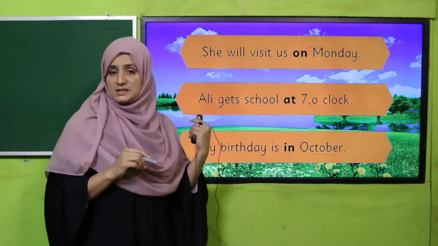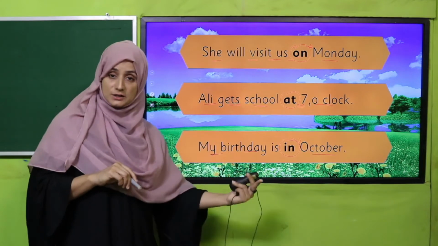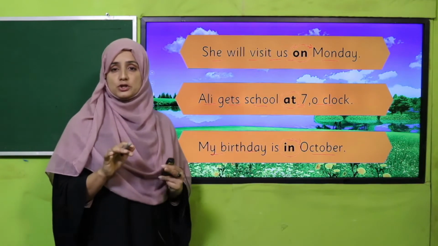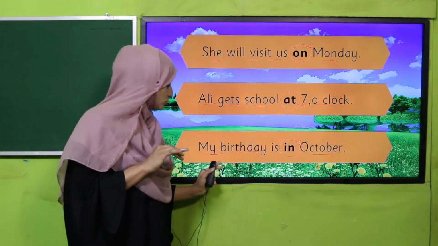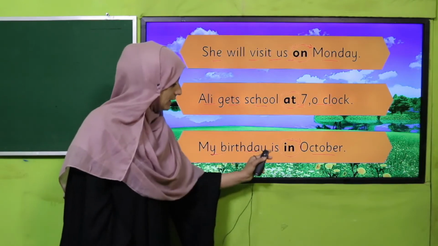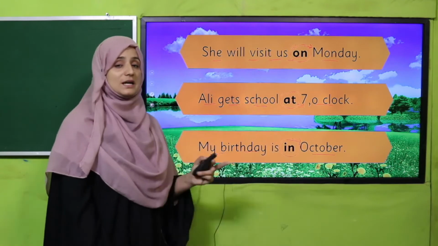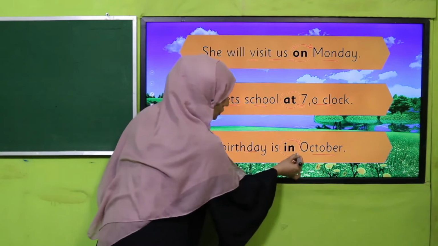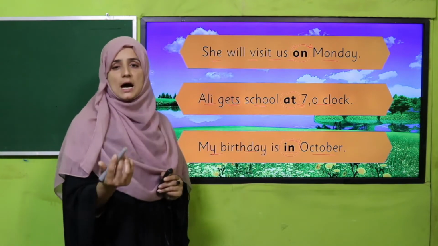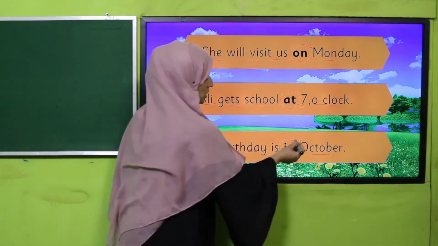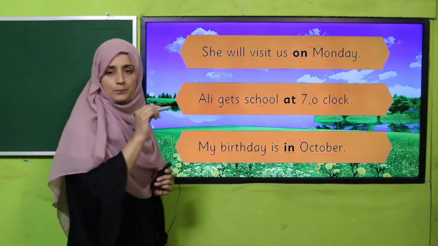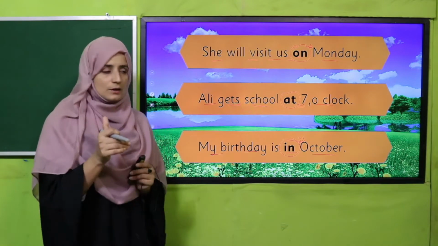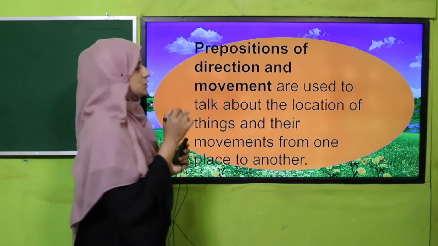In the previous example, there was, Aisha was in the kitchen. That "in" was position. Keep remembering that was a preposition of position. According to the sentence, if there is, my birthday is in October, how will you get which type of preposition it is? Yes, it is a preposition of time. And how did we judge? Yes, we judged through its next noun. The next noun is October, and October is a time period. Okay, good.